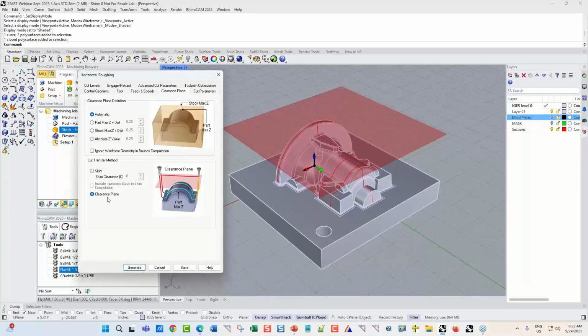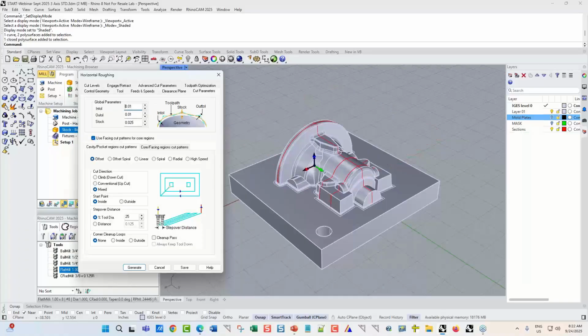For clearance, we're just going to use the default clearance plane parameters, automatic. For the clearance plane definition, we're going to set the automatic. And for the cut transfer method, this is where the tool retracts to change directions, we're going to leave that set to the clearance plane. Okay. Now for cut parameters,